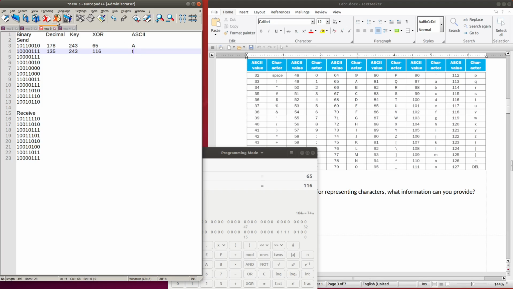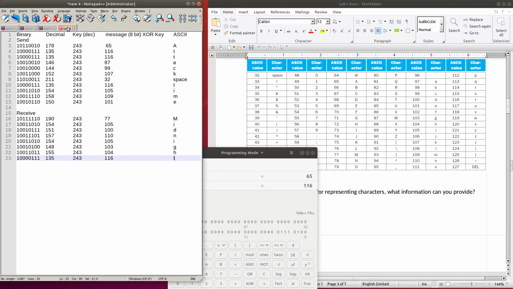In fact, I have already done this for all the data by exclusive OR, the sent and the received message byte by byte together with the key 243 to find the result, and I converted it into ASCII values, and it is written here.